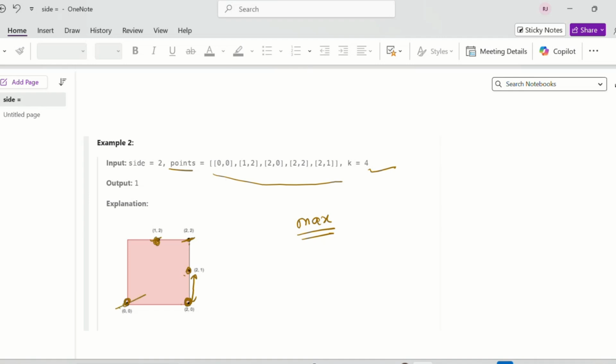If I have selected this and this, then also the minimum distance is 1. So in every possible case, the minimum distance will be 1 only. So we can simply return 1.